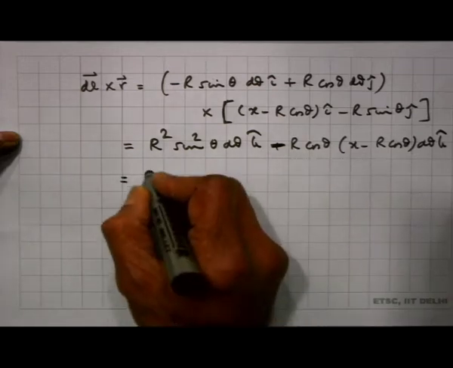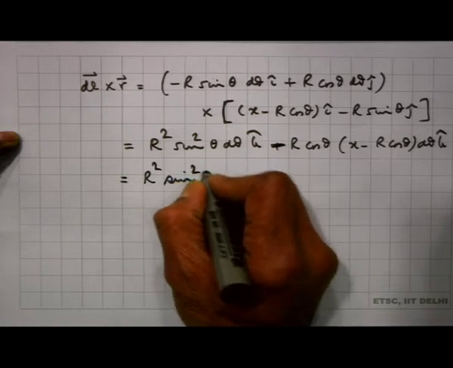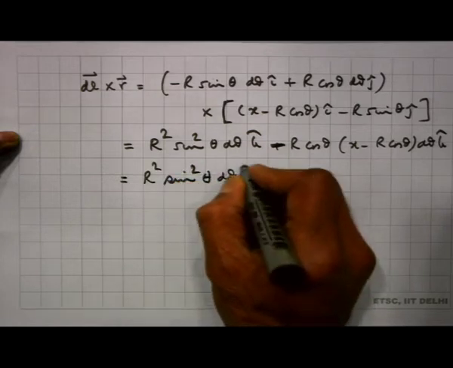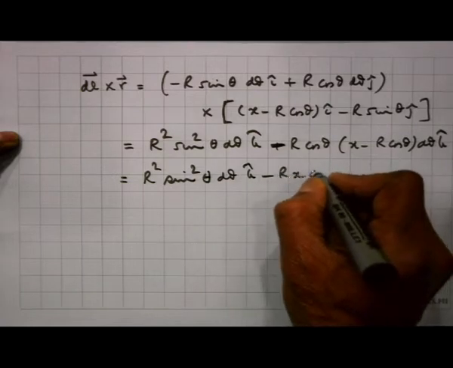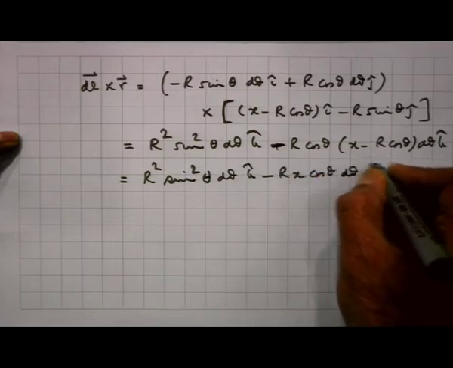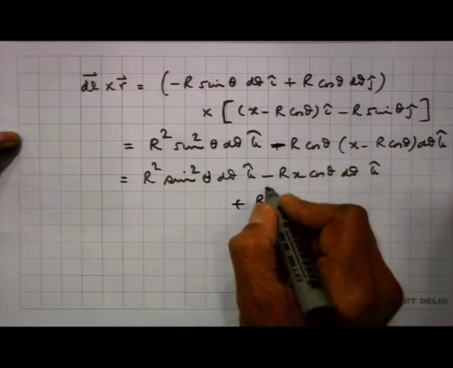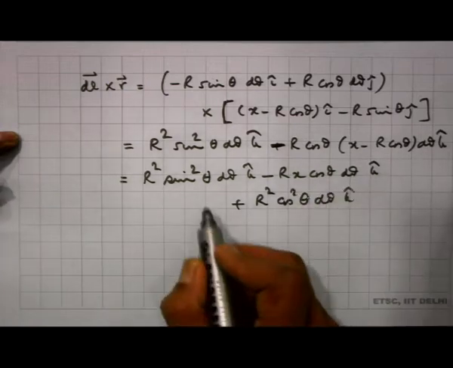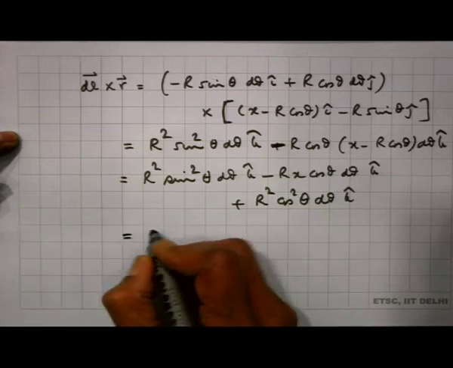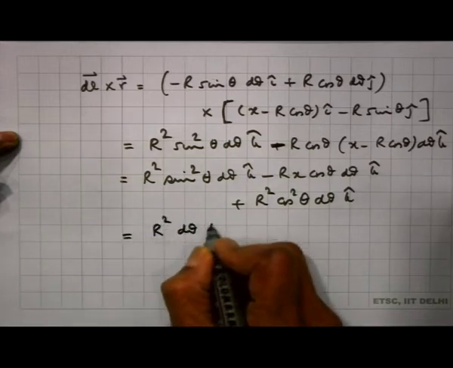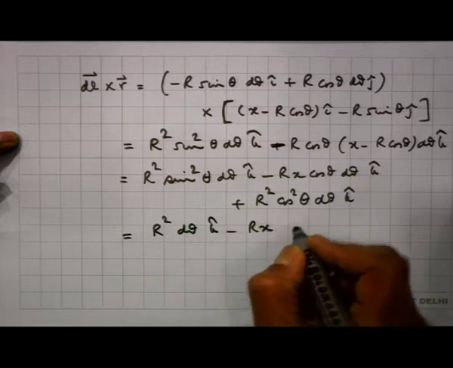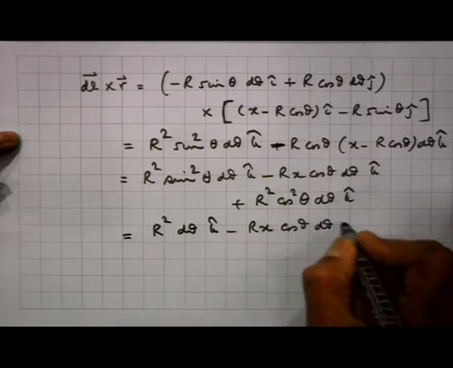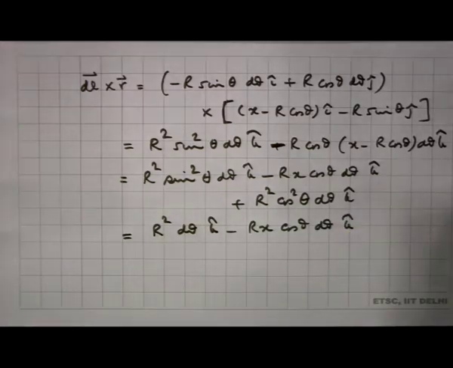So, when I open this up, I get r square sin square theta d theta k cap minus r x cos theta d theta k cap plus r square cos square theta d theta k cap. This plus this gives me simply r square. So, r square d theta k cap minus r x cos theta d theta k cap. So, dl cross r has only one component, which is the k cap component. So, I can use this. This is dl cross r,